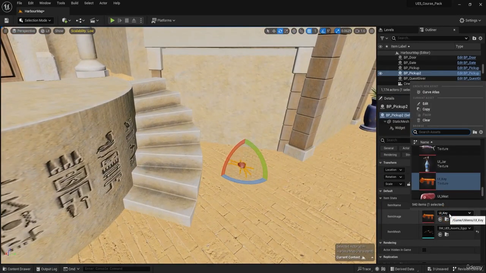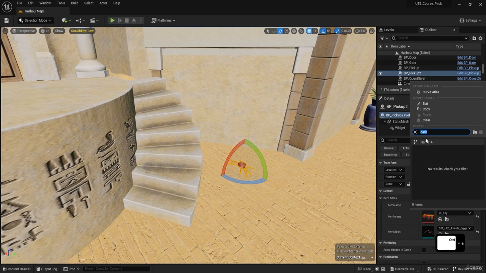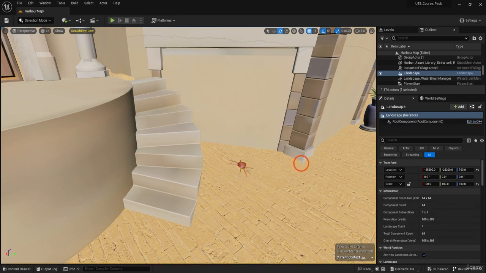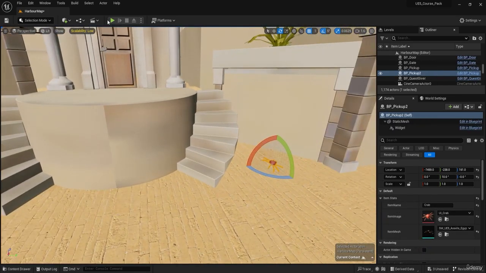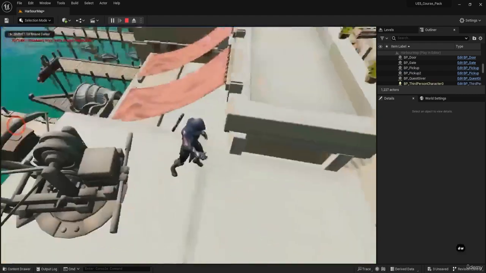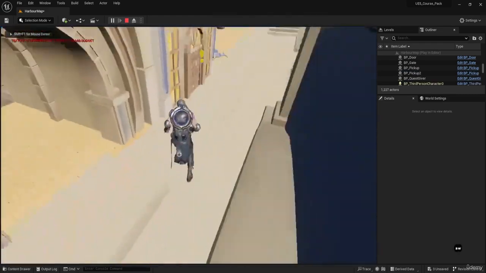Let's use our wonderful crab. Again, the same mistake. So here we have our crab, and if we press play, and we go pick up our items,